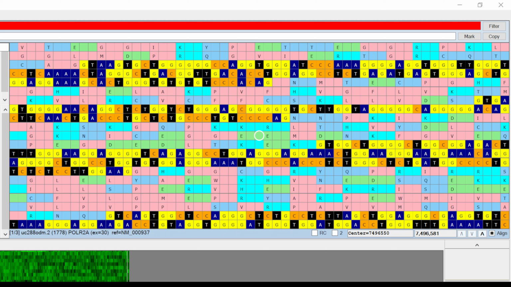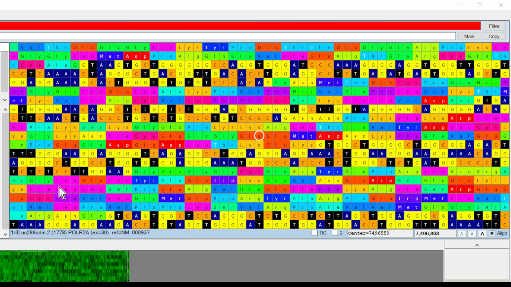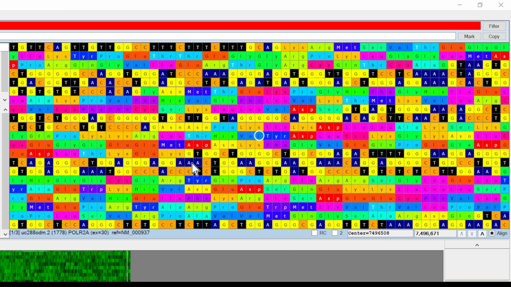And then if we switch to amino color, what you can see now is it puts in the amino acid abbreviation in here, which is very handy to have.